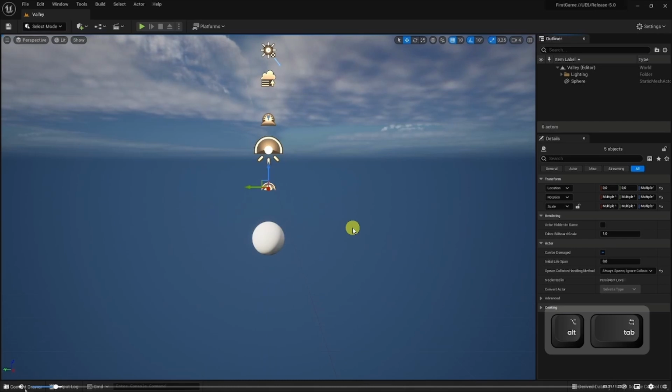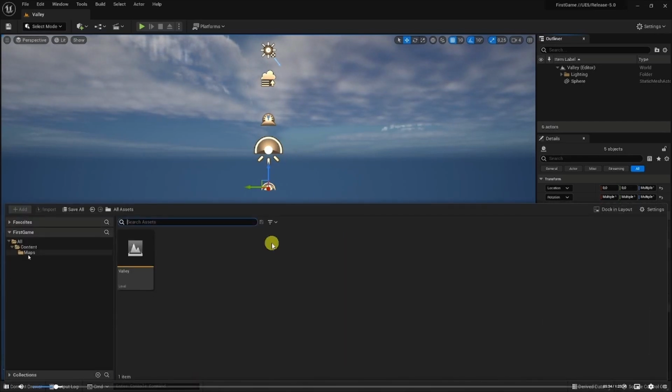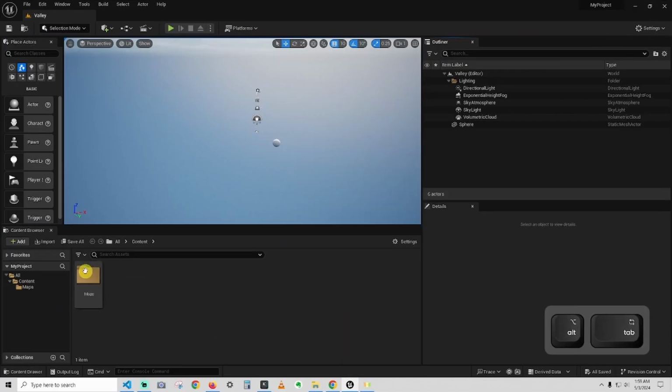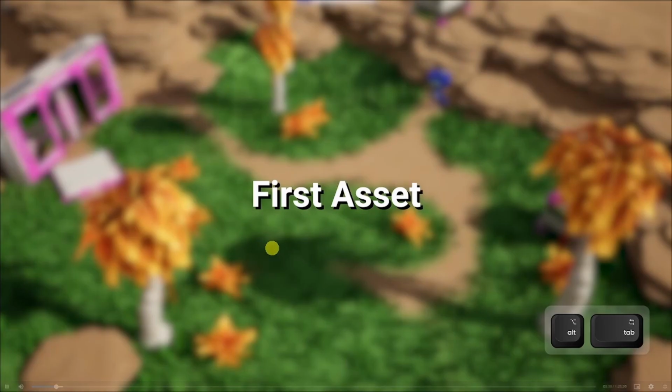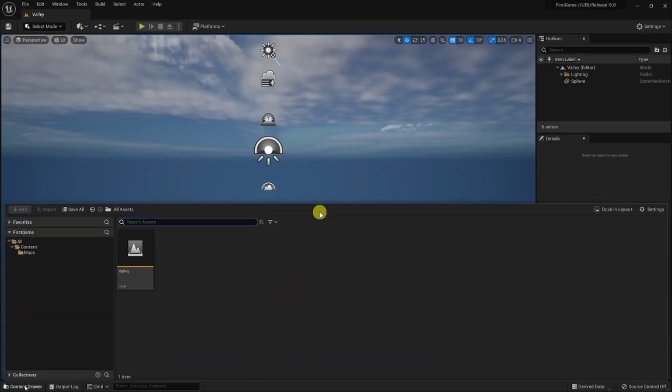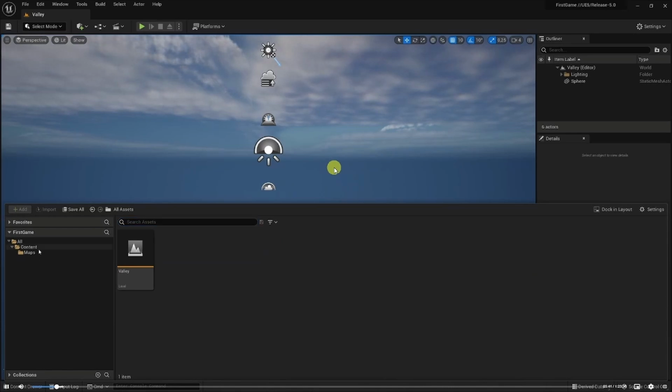When we now take a look in the content drawer, you find this folder structure. So let's look at the content drawer, or the content browser, it looks like. Okay. Now we want to bring in our first own asset. In the content drawer, we will create a new folder and call it